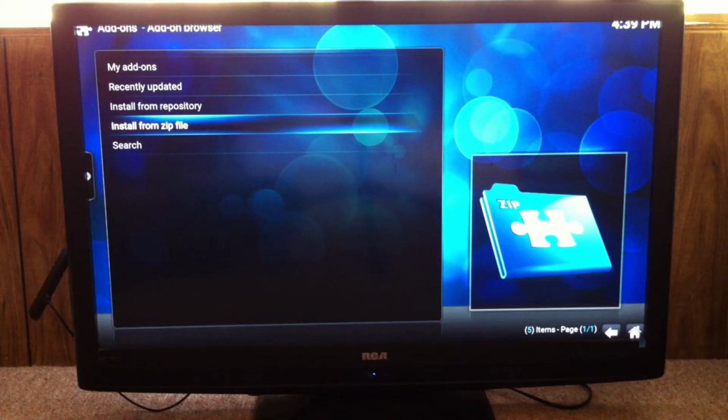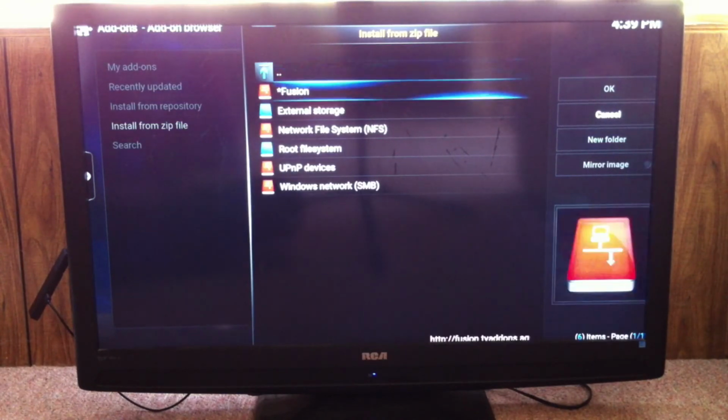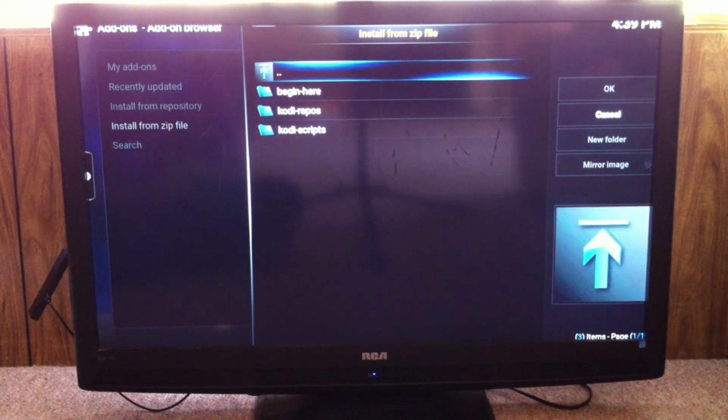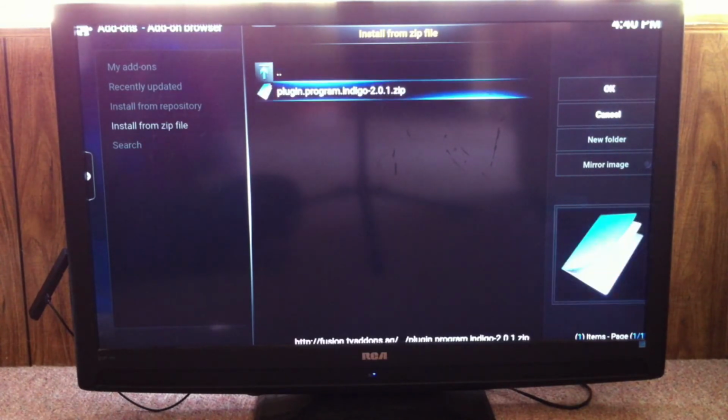So now we're going to install from zip file, and then right on top, if you use the asterisk, you should see Fusion, or if you used any kind of dot or whatever, it should be right there on top. Go ahead and click on that, and then you're going to be greeted with a couple of choices. We're just going to click the first one, Begin Here. And then just go ahead and click that